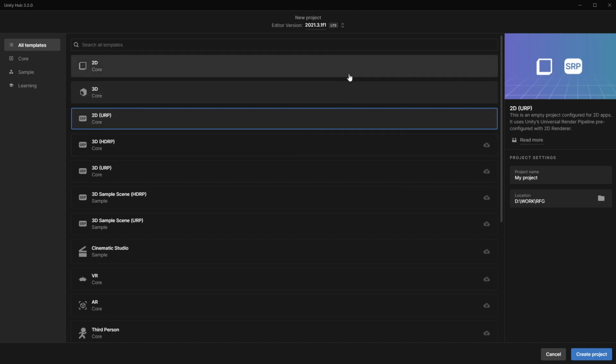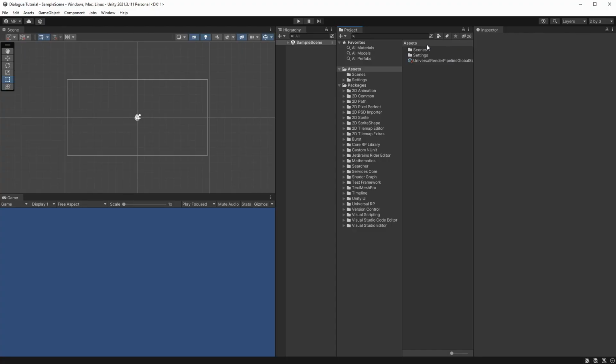So I'm going to create a brand new project. You can use any of these templates really, but I'm going to use the 2D URP template, and I'm going to call mine dialogue tutorial. Okay, so we have our empty project. If you're not used to this layout, I've actually just switched to the 2x3 layout because that's the layout I'm used to in Unity. And the first thing we're going to want to do is get the Yarn Spinner package